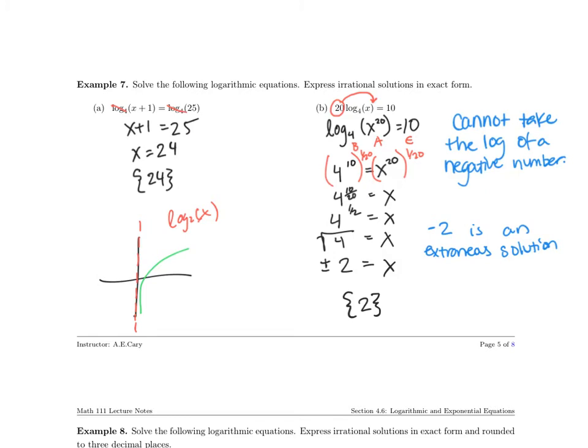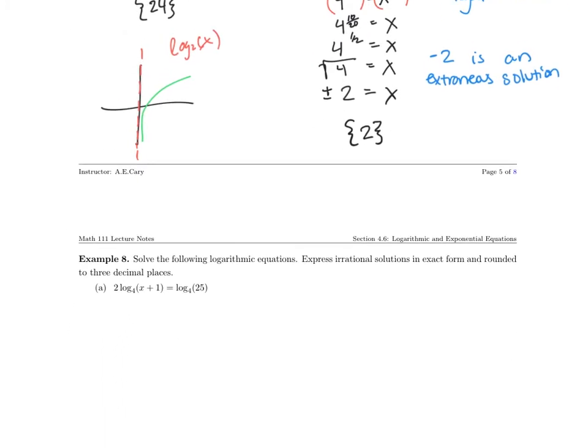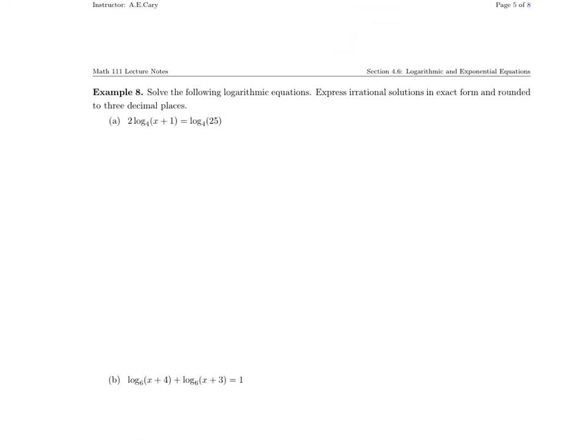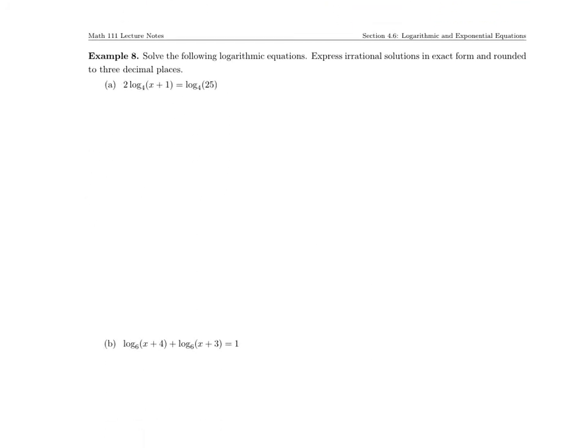Taking a look at the next page, page number 6. We're going to try problems both A and B. So for problem A, I'm going to take a look here. 2 times log base 4 of x plus 1 is equal to log base 4 of 25. I want to cancel out the log base 4s like I did before, except this 2 right here. So I'm going to take this 2 and bring this over here to be the exponent of not just the 1, but the entire argument. So this is going to be log base 4 of x plus 1 squared is equal to log base 4